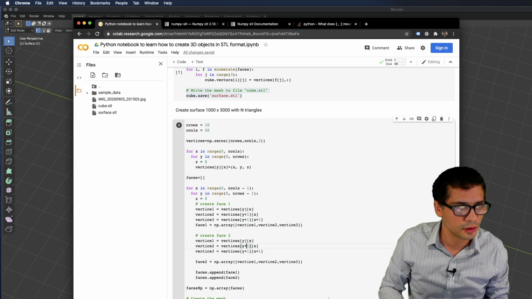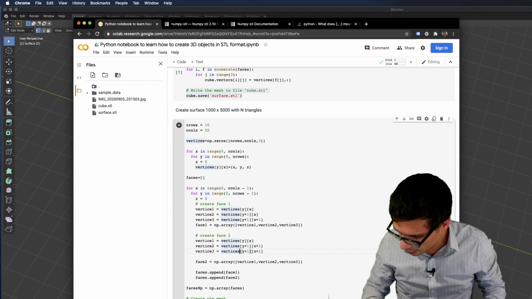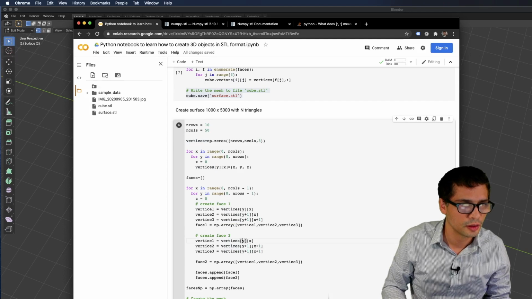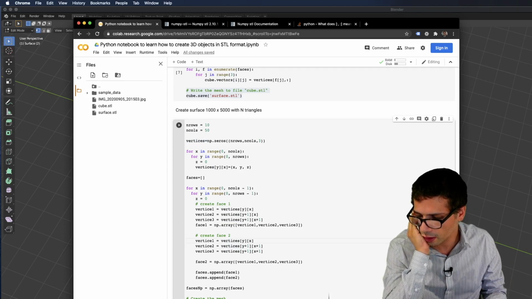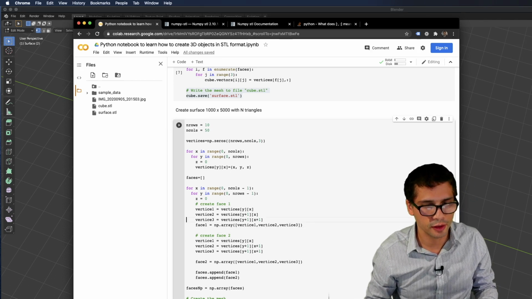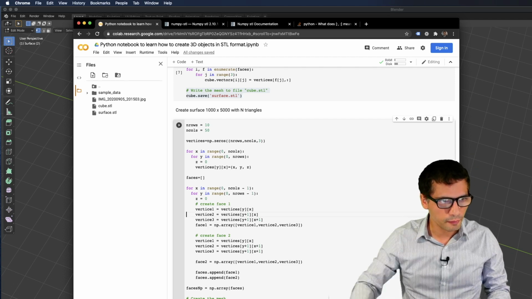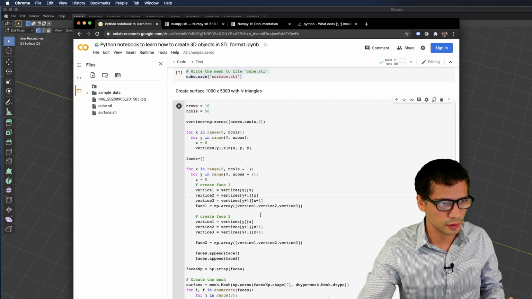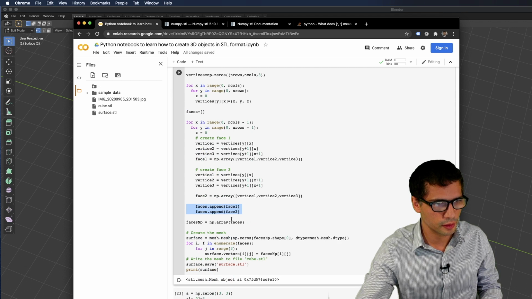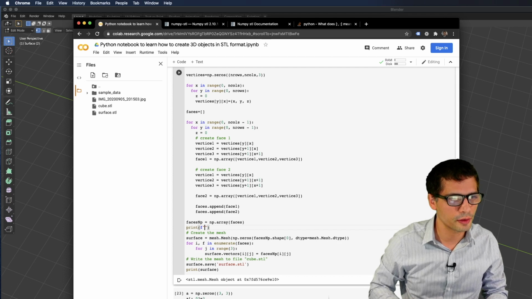Second vertex is this one. And then the third vertex is the same as the one here. So actually the two triangles only differ by 1 point. There's only 1 point that is different. One vertex. Sorry for my English. Okay, so this should be okay. So now I'm adding the first face and the second face. I'm going to count how many faces we have,